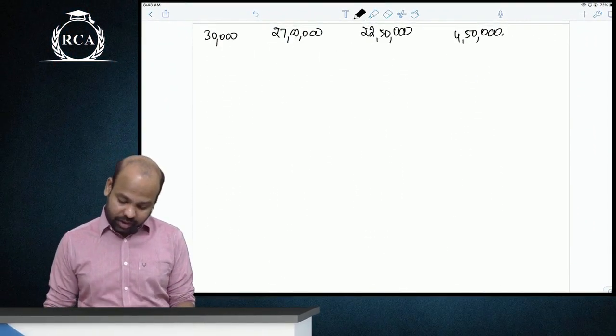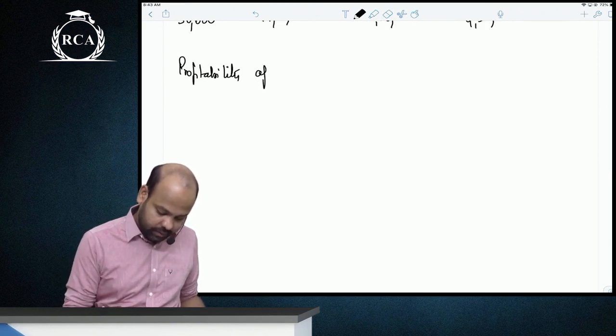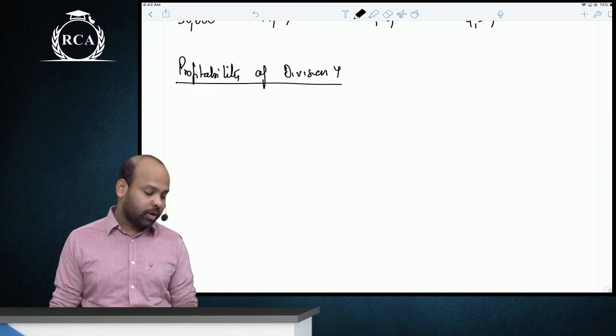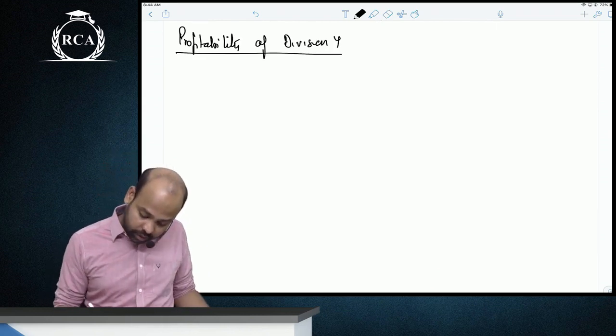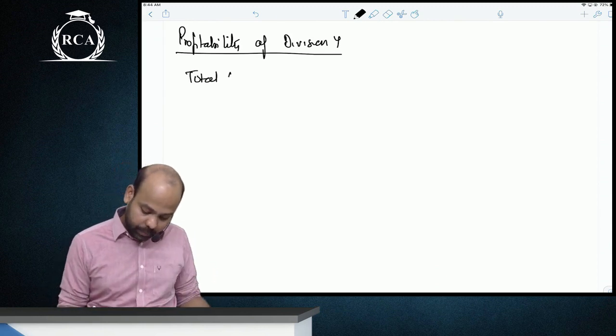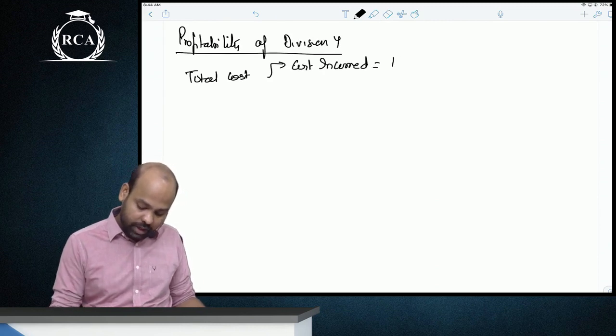Now guys, profitability of division Y. When we talk about profitability of division Y, please do not forget, the total cost will have two components. The cost incurred that they have is 14 lakhs 6,250 for first 5,000 units,